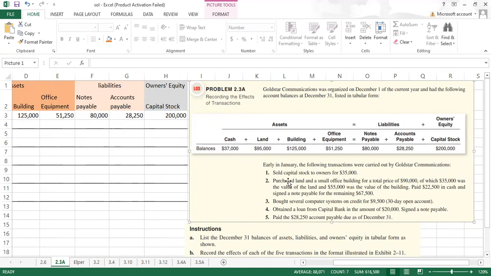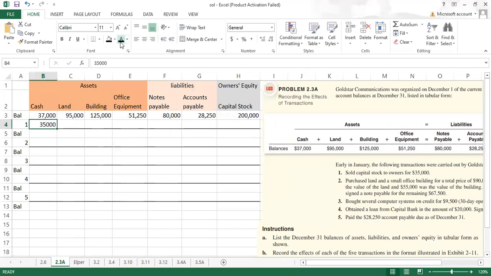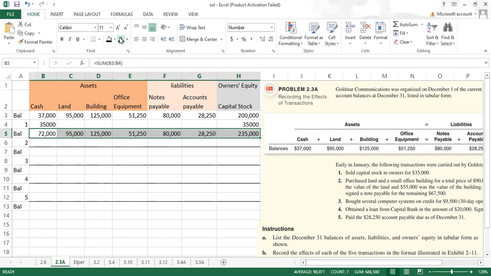If you sell capital stock to owners, that means owners are going to purchase those shares from the company. And when they purchase those shares, obviously they're going to pay $35,000 to the company. The company is going to receive cash. So the first impact is that you're going to get 35,000 in cash. And this cash is coming from your capital stock, so it's going to increase your owner's equity. There is no effect on the other accounts. So the new balances will be